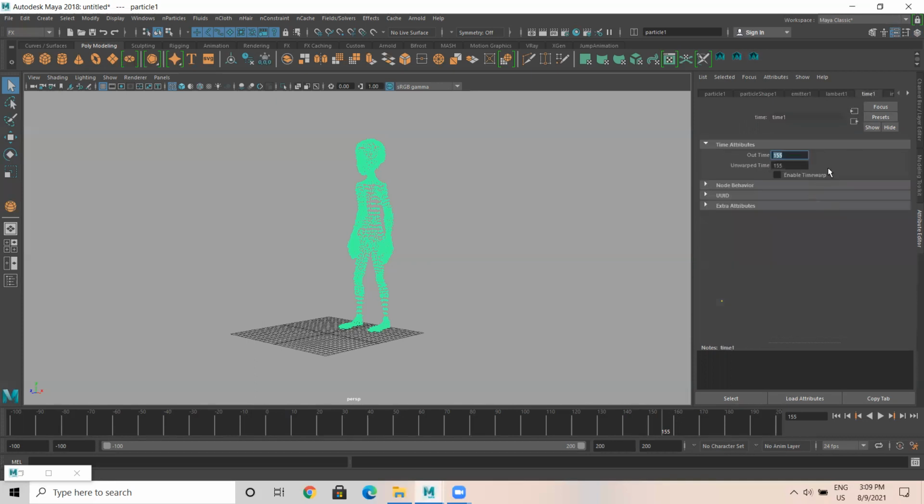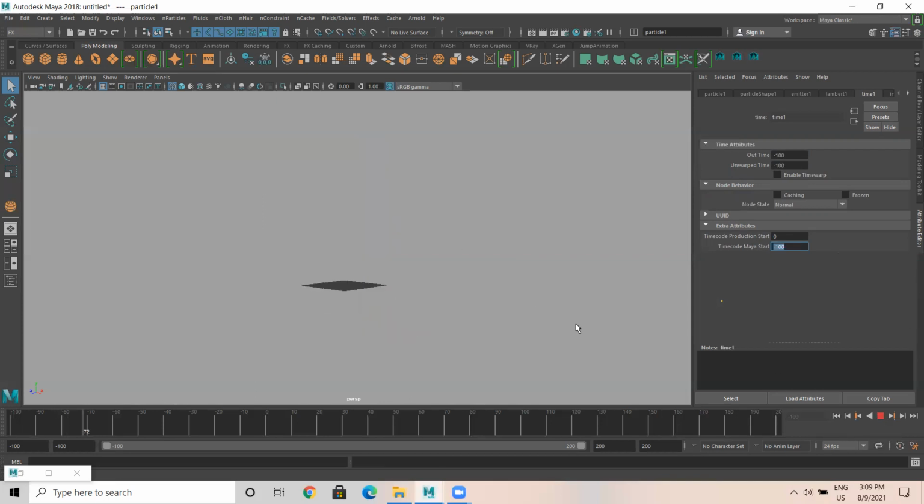Okay, time attributes 155 frame. -100. We can make it from minus only to start, let's say. Okay, this is how we have to do.